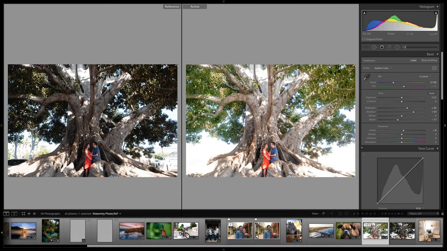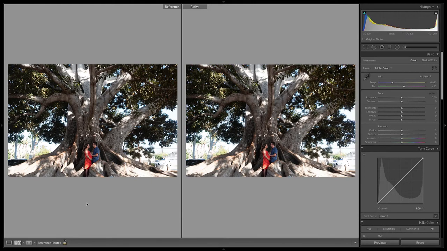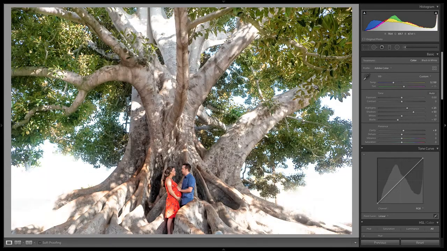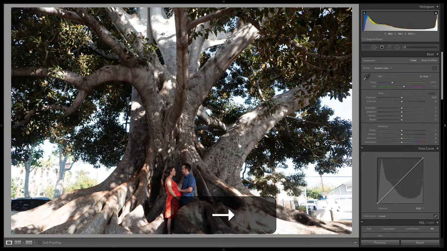This is the maternity photo. If you want to follow along, go ahead and do that. So basically, you can see this is the original photo. This is the one that is edited. I made the exposure a little bit better, tried to get the focus on us because there are so many sort of distractions, and also played around with the colors a little bit.